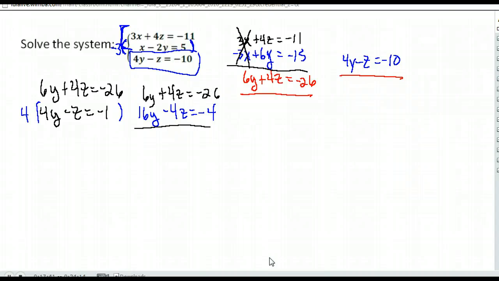We add them, and we notice the z's cancel just like we wanted. We get 0 z's. For my y's, I get 6 and 16, gives me a 22y, and negative 26 plus negative 4